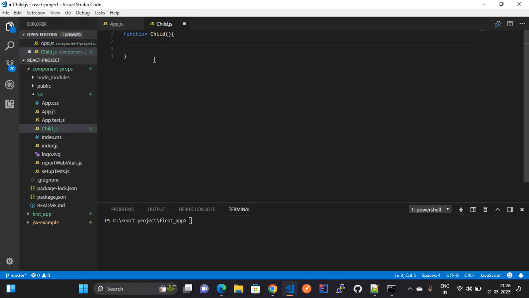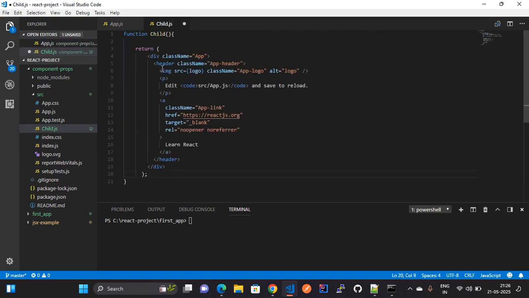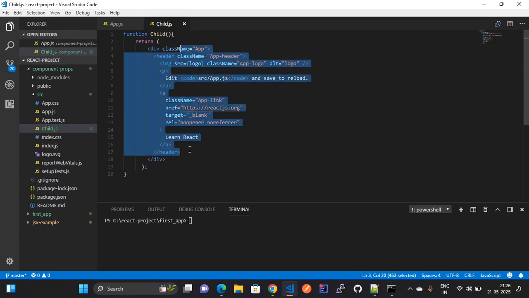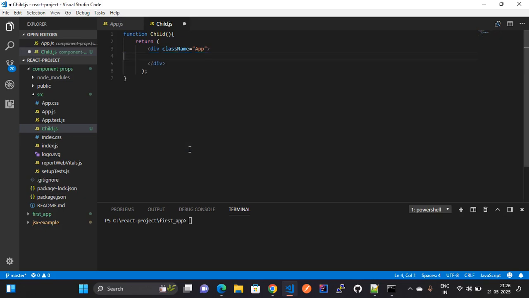Now we have copied all this data, and we are going to pass this data to this component in the app.js file. So let's add one text, closing this tag and typing